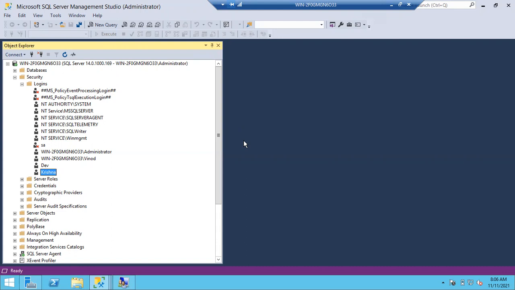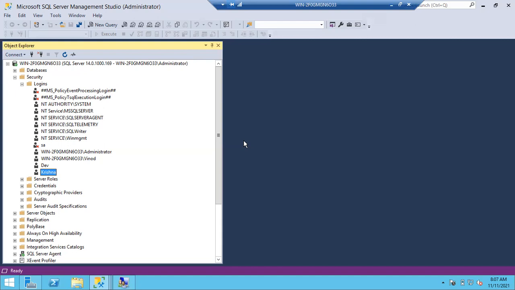Either it is a Windows login or SQL login, that doesn't matter for us. The user will mention whether he needs a Windows login or SQL login. If he is looking for a Windows login, an account should be created for him in Active Directory. Then we'll simply create a login for him. Both we are going to create, not only SQL logins, we'll create Windows logins also.